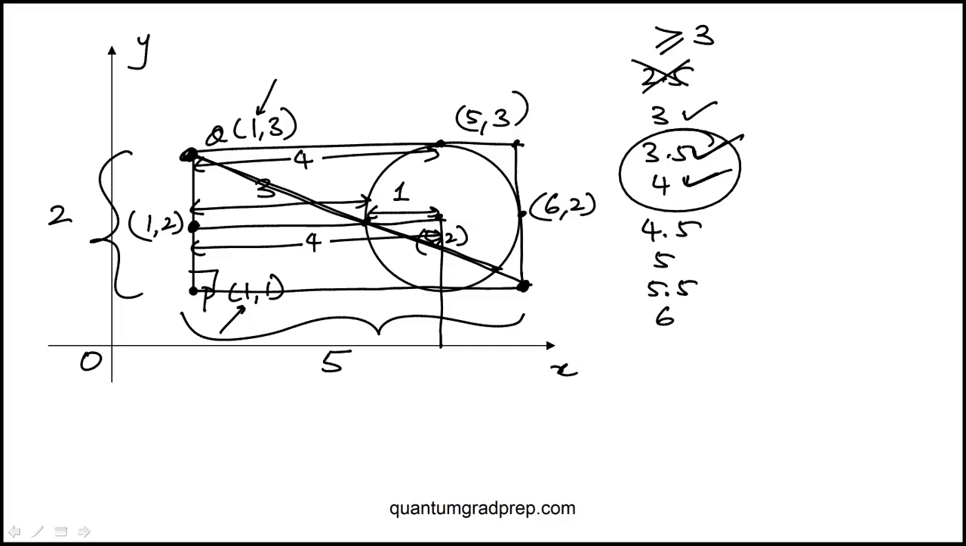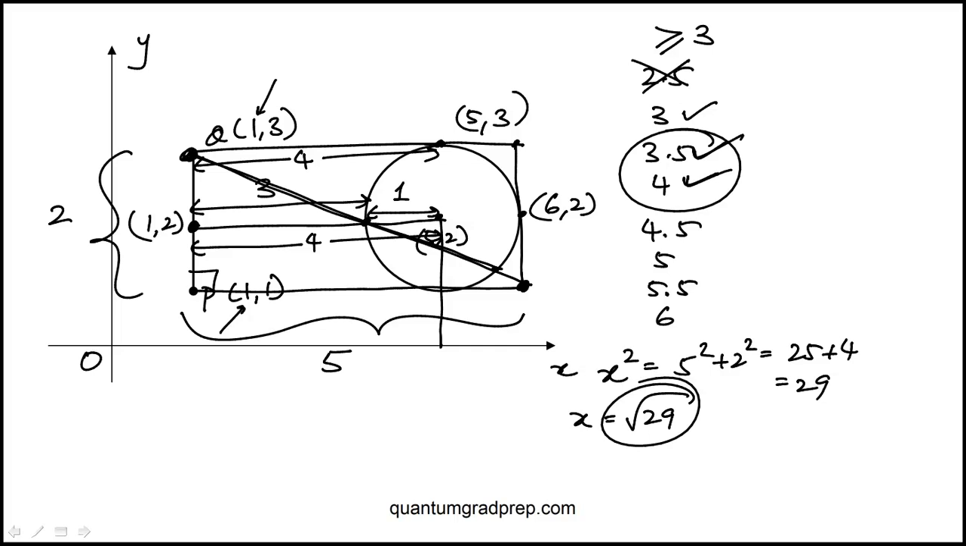So this is the hypotenuse of this right triangle. And that hypotenuse, I'm going to call it x. x squared would be 5 squared plus 2 squared. So 25 plus 4, 29. So x is the square root of 29. Now you can compute this using a square root. What I'm going to do is actually see if